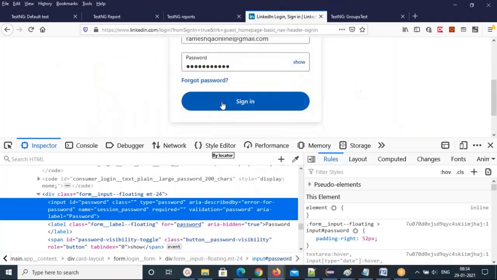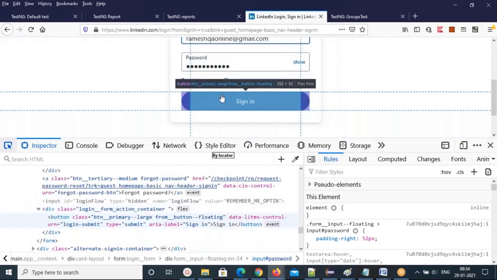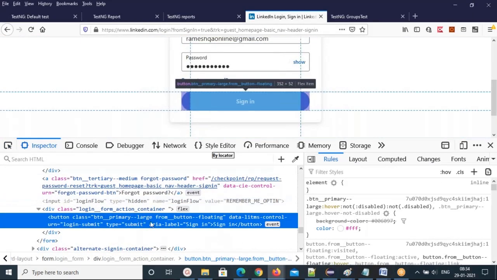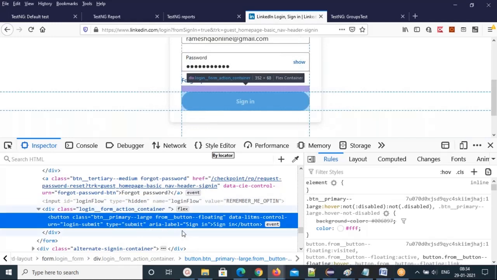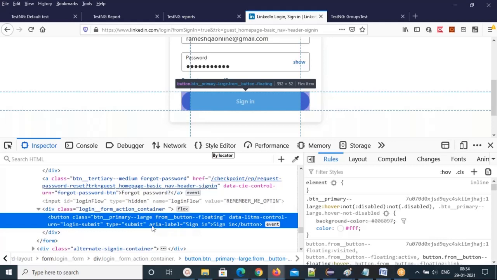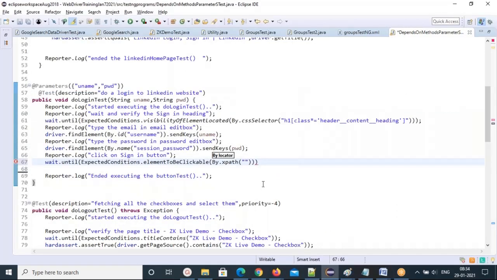Before clicking on this sign in button, I'm checking whether it is in a clickable state or not. I'll use type and then aria-label, two attributes. With XPath we can construct with two values, so I'll write XPath with two attributes.